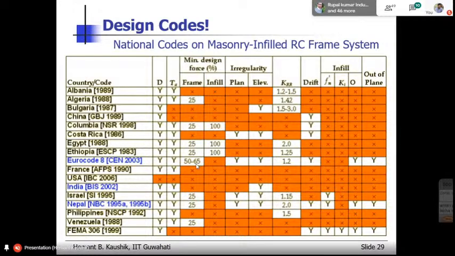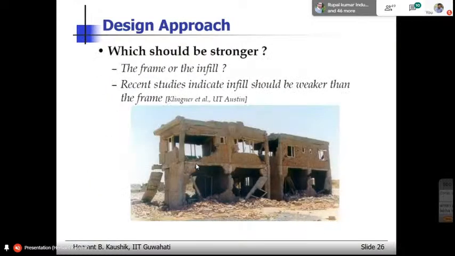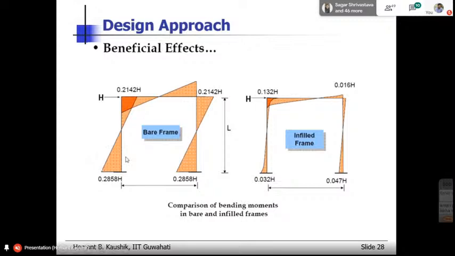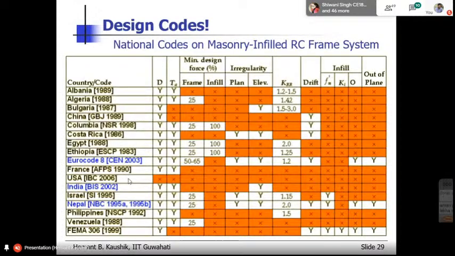Okay, so what these codes say is that even if you have an infill frame, you first model the frame as the bare frame and find out the design forces. So you come here, find out these design forces by modeling it as a bare frame, and then you model the infill frame and find out the design forces. So even though the moments here are very less, you have to at least design for 50 to 60% of this load, this bending moment. That is what some of these codes say. But some of the codes are very silent. They were very silent, but then